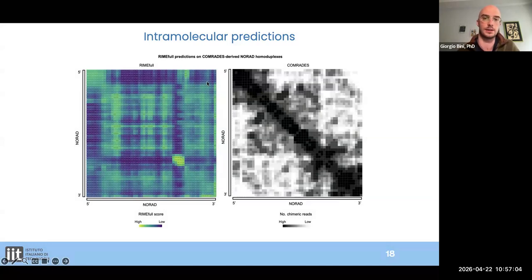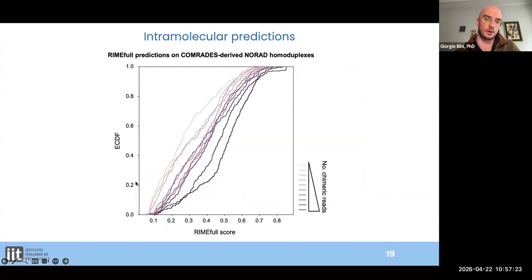By analyzing these COMRADES experiments, we also detected some patterns in the secondary structure prediction of NORAD. Here we can see that there is some signal of the RIME predictions with respect to the experimental signal, which is maybe more clear in this slide, where in correspondence with a higher RIME-full score, there is in general a higher number of chimeric reads supporting the